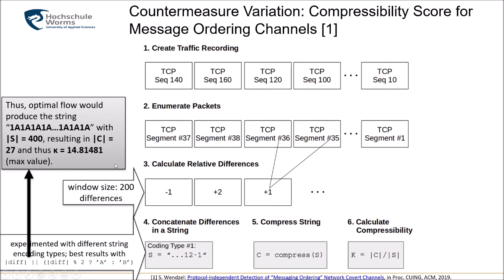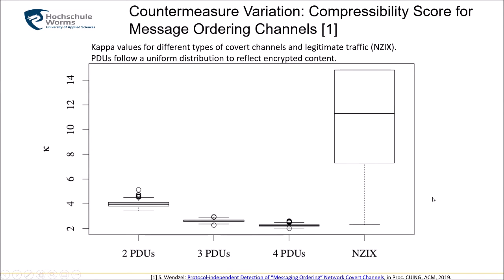of 14.8 using gzip on the command line, while the compressed string was 27 bytes long. So, as also done by Cabuk et al., I just compressed the string to calculate C and then calculated the kappa value by dividing one value by the other. Here I divided the compressed string length by the original uncompressed string length. And if we look at such values,